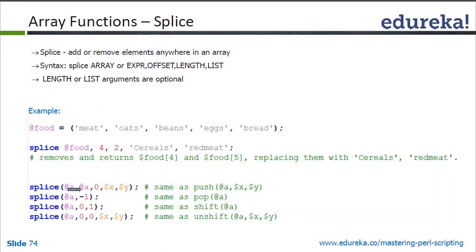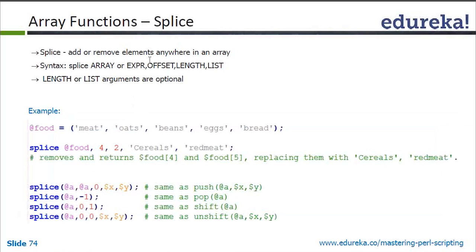So what it does is it takes this as an index, because when we pass this as the second argument, it expects an offset. The second argument expects an offset, and when you assign an array to a scalar, it is basically the